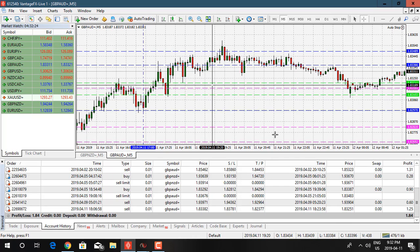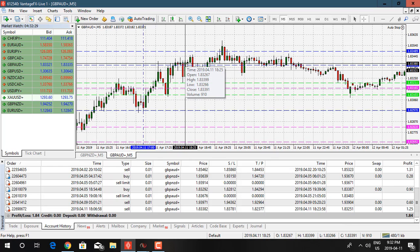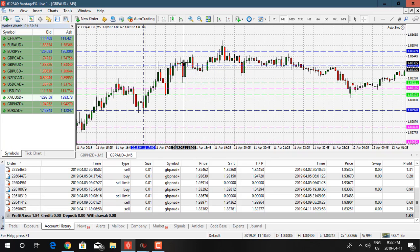And so I faded it right here, and I think I entered 1.83382, then I exited 1.83251. Yeah, it's about 12 pips. So I got this red candle move right here. I caught that red candle move for 12 pips, and then I exited, and then it went bullish for a